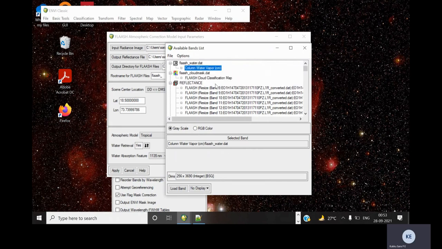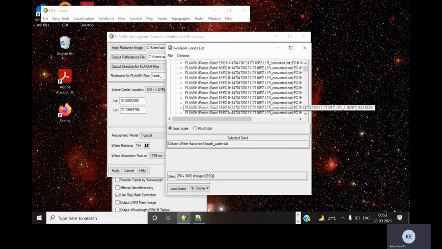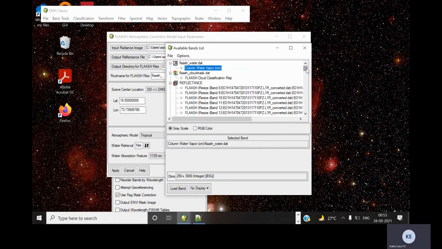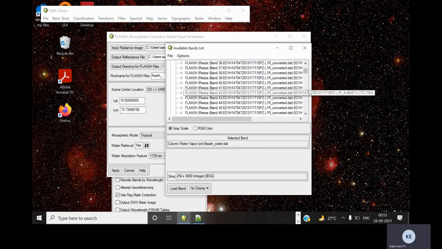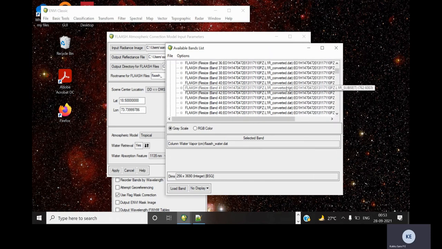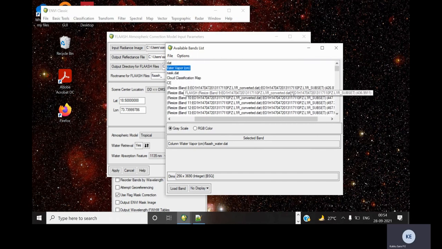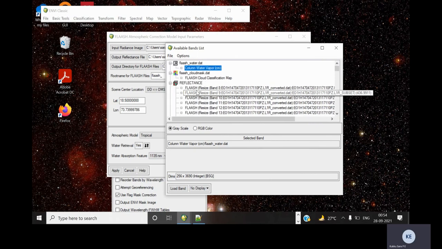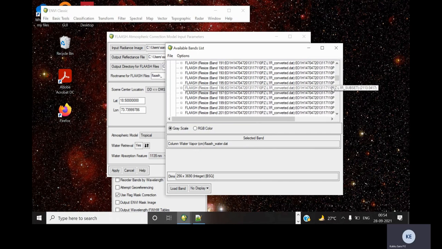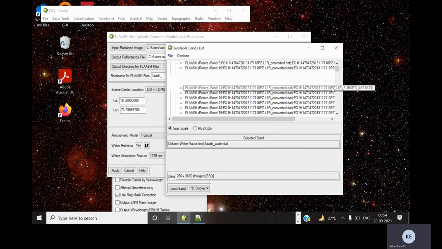Also the calculated surface reflectance bands are available here. We have given the output inside the FLAASH file. For all the subset bands, it has created the corresponding surface reflectance bands.